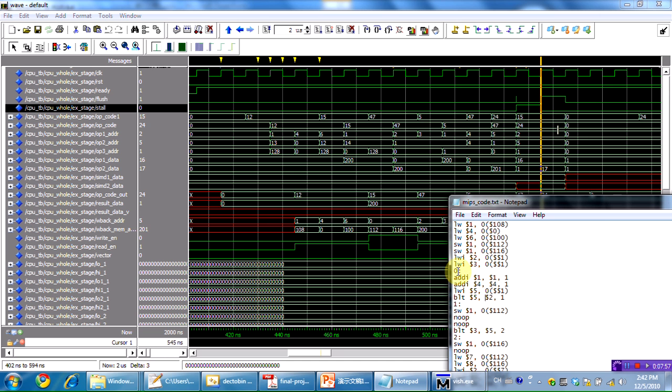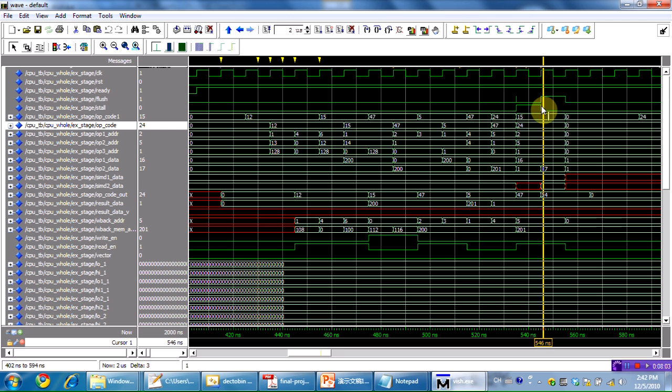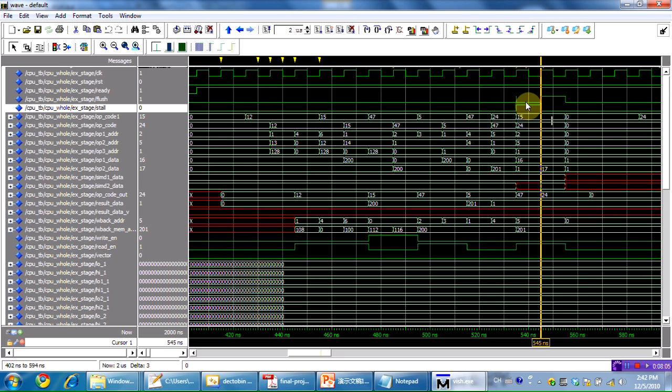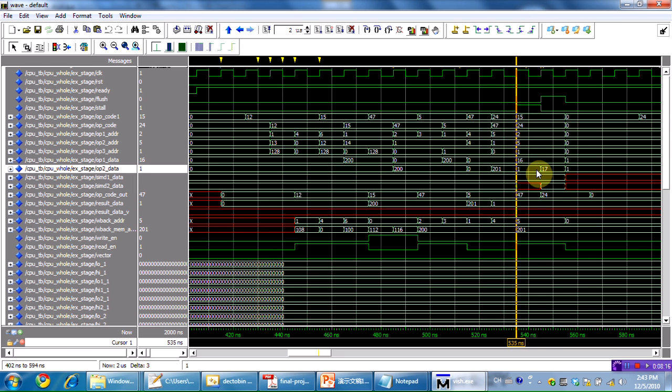In the next cycle, the data will be read out of the data memory, and this time the bypass logic will work and load the data into the execution stage. We can see here the first cycle is 1, and then when the stall happens,